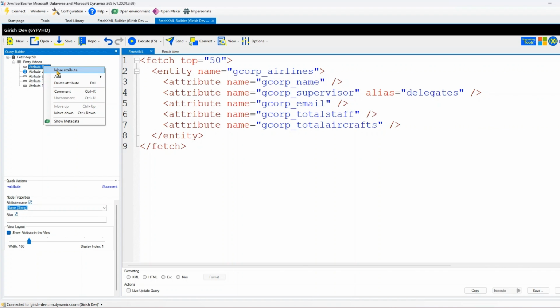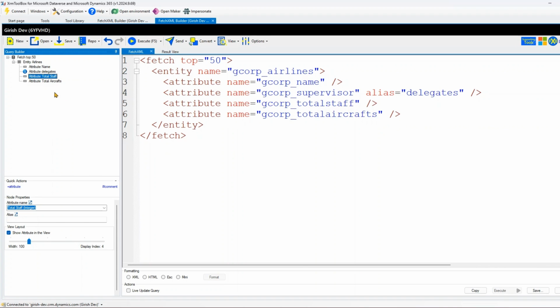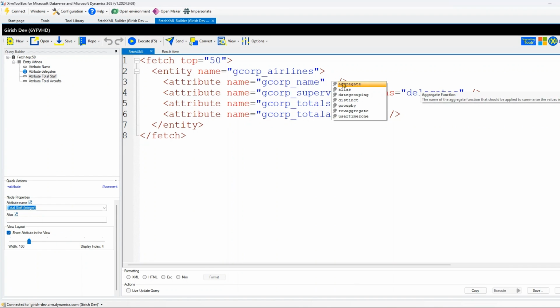Then if I do a right click on this, I have an option to delete. Now I have already added email. Now if I do not want it, I can delete this and it will just go away from this list. If I press the space bar, then I have another option to perform some actions. Like I can specify aggregate, I can specify distinct. Now let me say if the attribute name is G Corp,